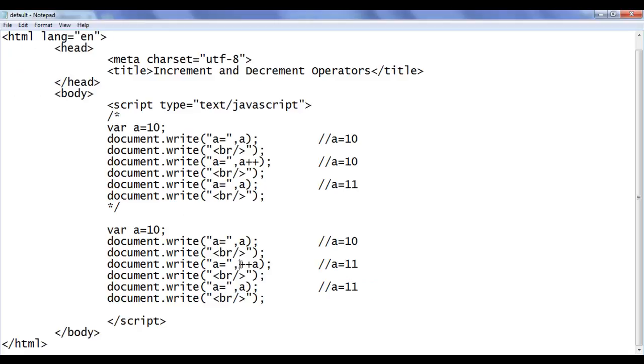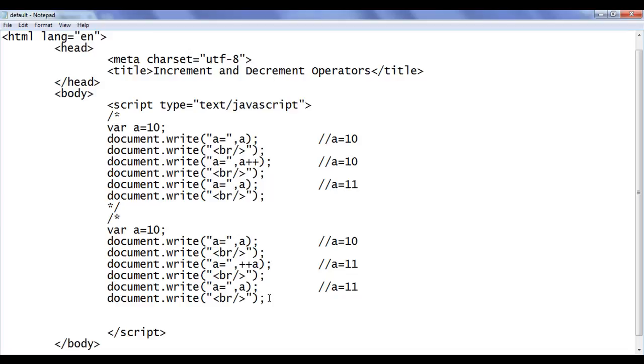Remember that when you say ++a, a equal to a plus 1 will get executed here. A equal to a will get executed before executing this statement. And you can observe the difference between the outputs, right? Here a equal to 10, a equal to 10, a equal to 11. Here a equal to 10, a equal to 11, a equal to 11. That's the difference between post-increment and pre-increment when you use them in the methods. Same happens in expressions also. Okay, let's understand